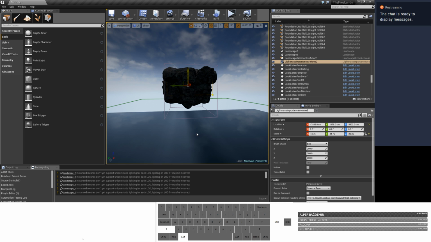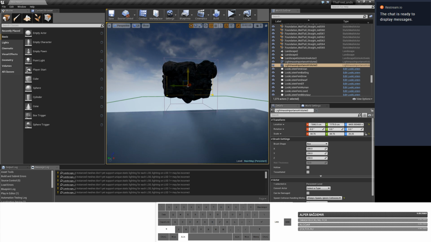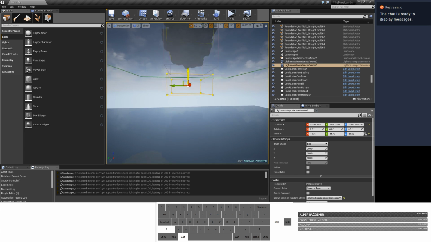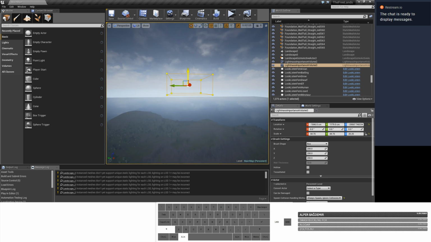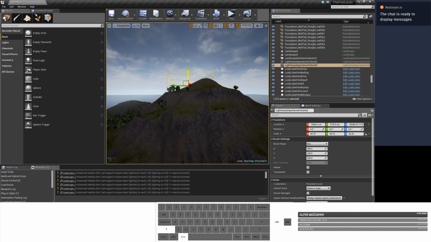Alt and Shift to duplicate and drag the camera with it. Just waiting for it to duplicate. There we go. And to move. Alright, there we go. Those God rays look sick, right? Alright, let's see. This is the importance volume, so I'm just gonna put this on the whole level here.